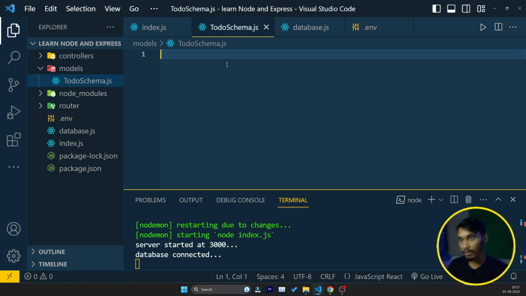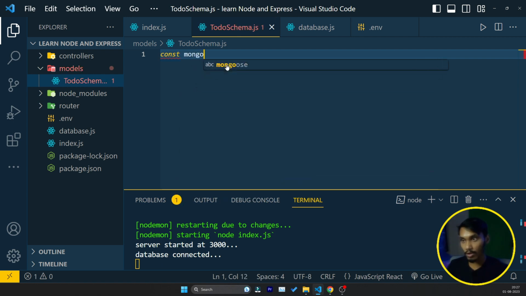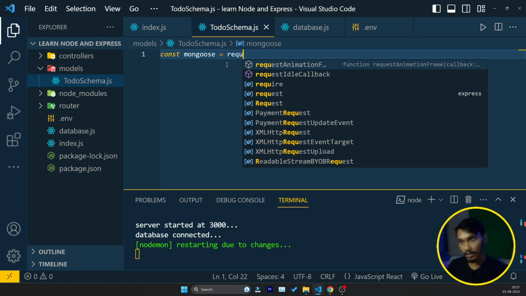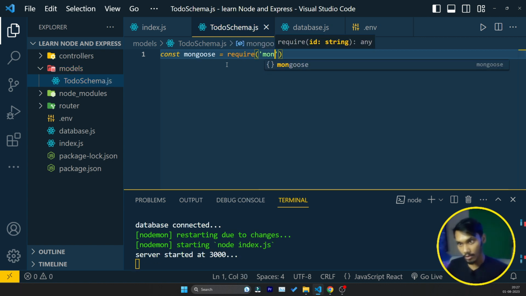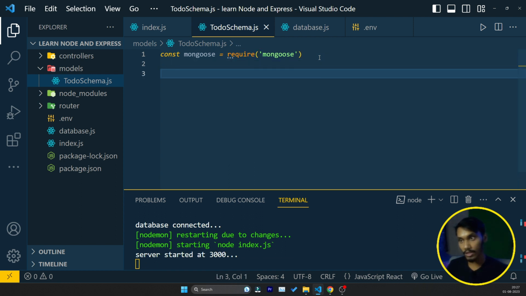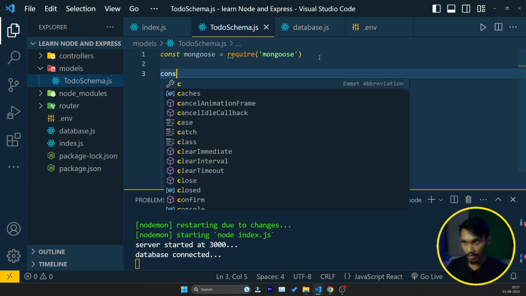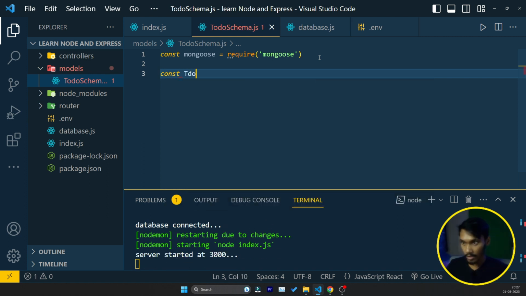Now, to create the models, first we need to create the schema. After that we convert the schema to a model. For that, to work with the database, who is going to help us? Mongoose. So we need to import mongoose. Require mongoose. So now we have mongoose. Using mongoose we are going to create schemas. How can you do that? Just create a todoSchema, I want to make it small case like this, is equal to